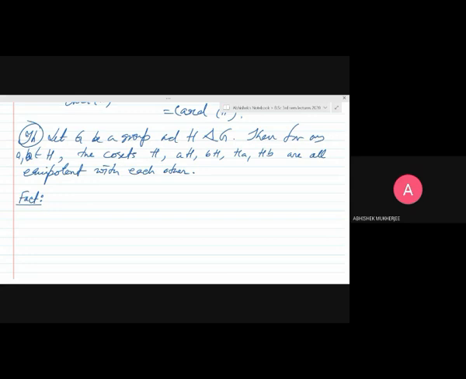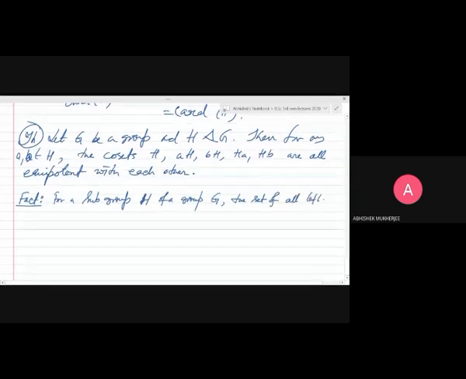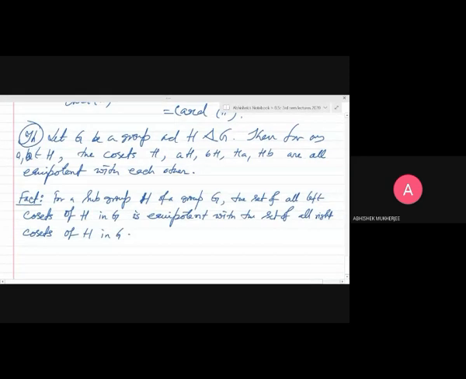So along the same idea, you can also prove that for a subgroup H of a group G, the set of all left cosets of H in G is equipotent with the set of all right cosets of H in G. Okay, so this is again an interesting fact, that